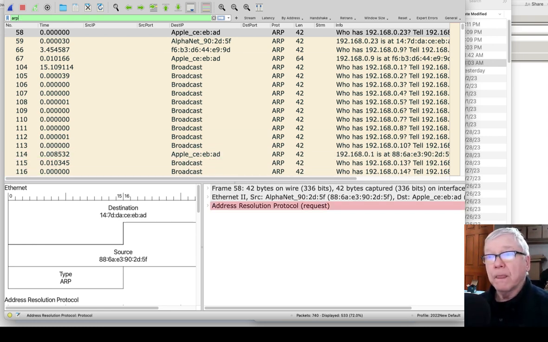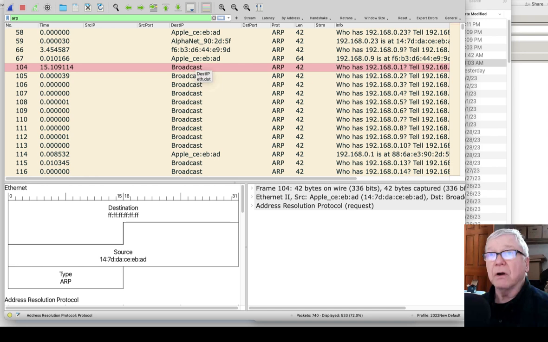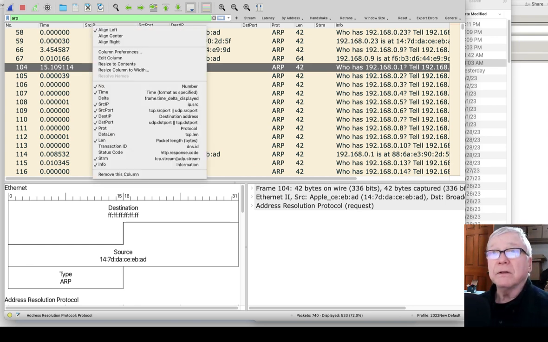Well, in the process of enumeration, saying what devices are actually on here and might be responding, one might expect that we would see a destination IP. Well, this is a broadcast. This is an ARP. And let me just right-click here.